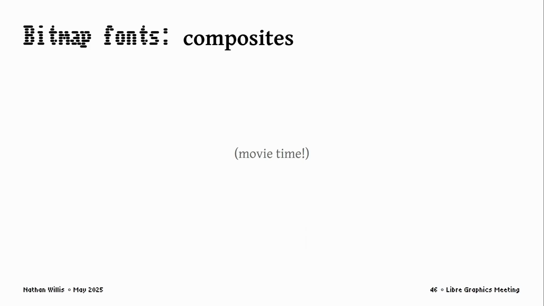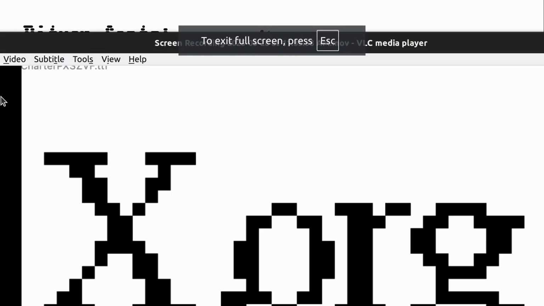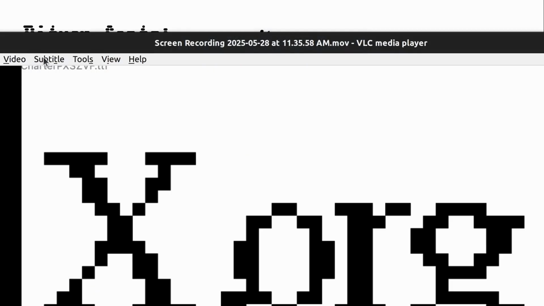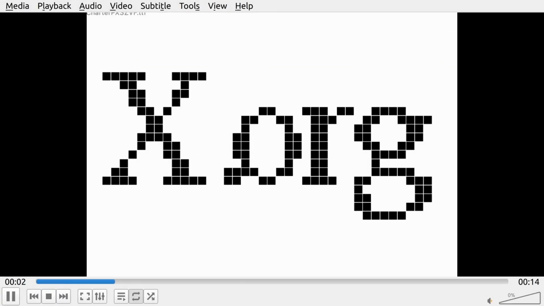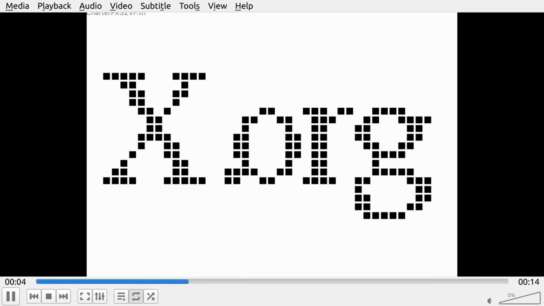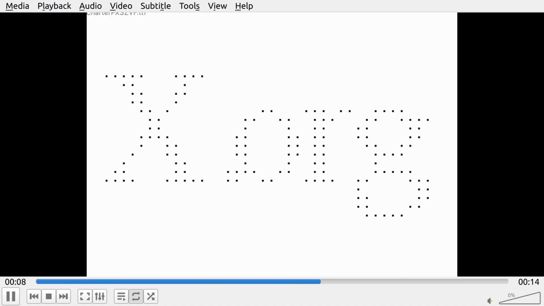If I can show you the movie now. Yeah, shrinking the pixels or doing other things with them.